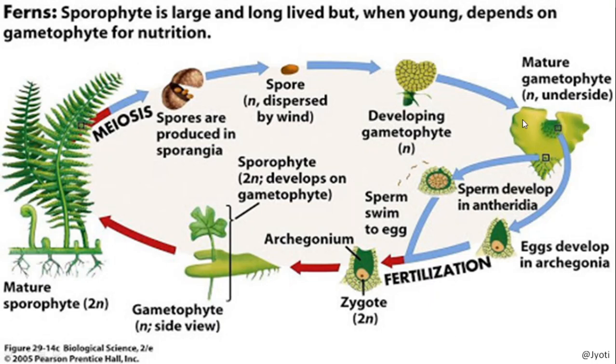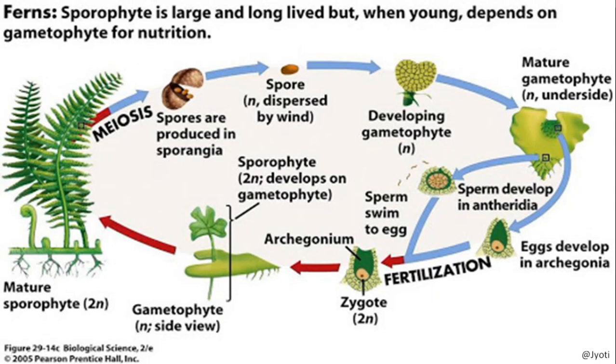Now this gametophyte is haploid, and when it attains maturity, it develops the archegonia and antheridia. You can see here, this is a heart-shaped structure, and here there is a notch, and the archegonia are present encircling the notch. So the location of archegonia and antheridia is very specific. What is the archegonia? It is the female reproductive part.